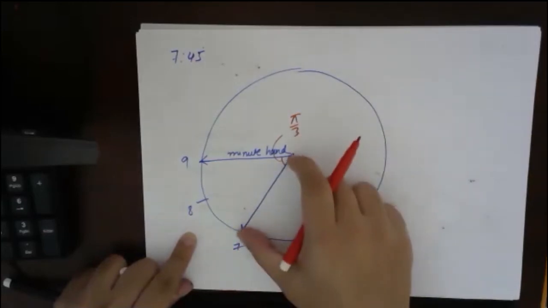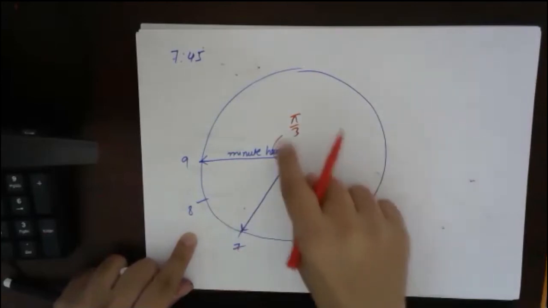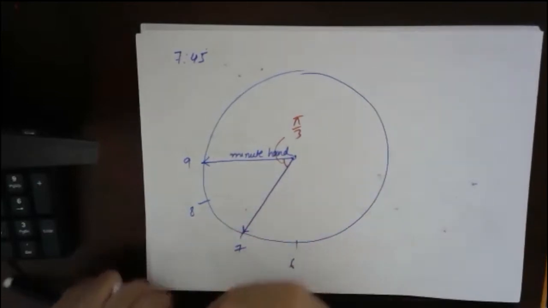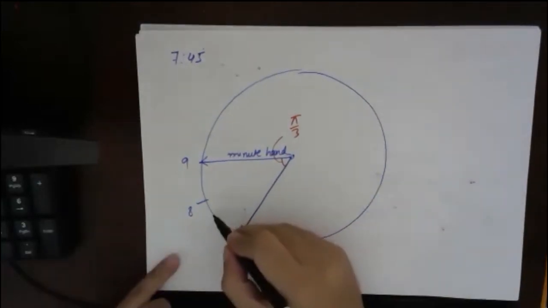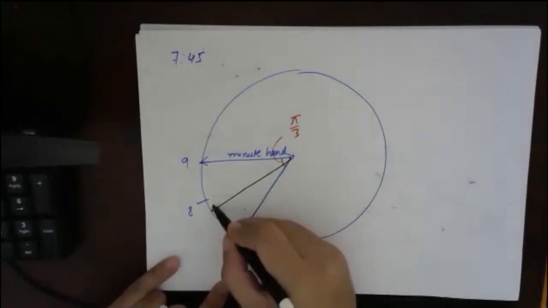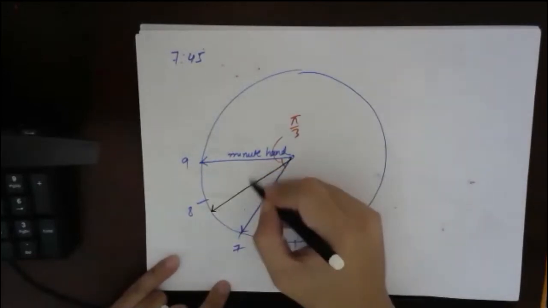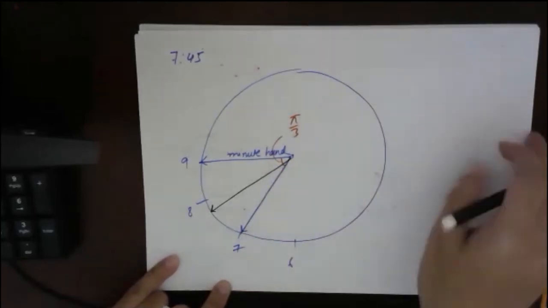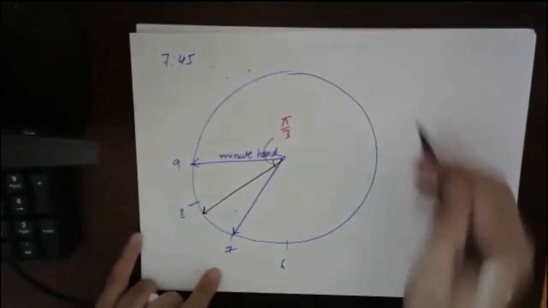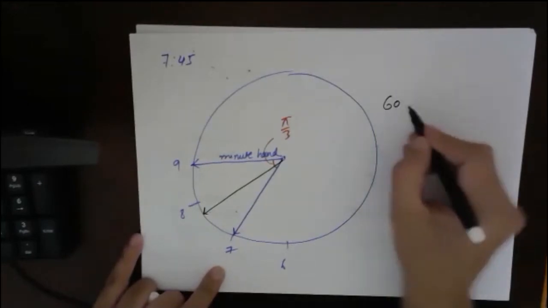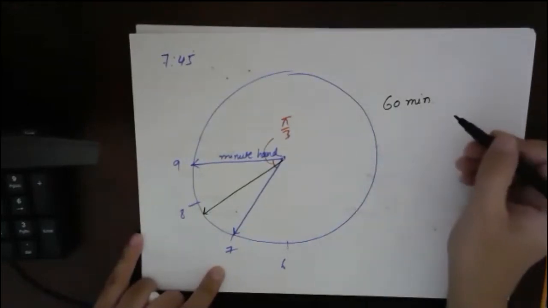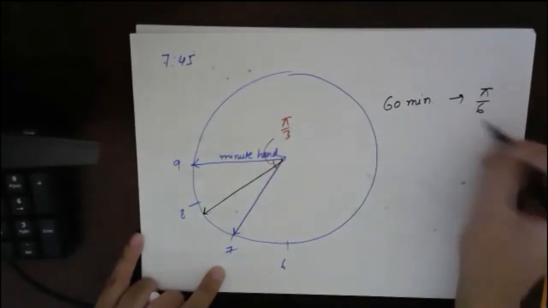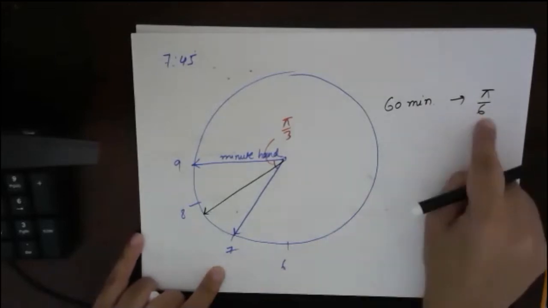Now our hour hand is moving for 45 minutes. So when the minute hand comes here, the hour hand would have also moved somewhere. Suppose our hour hand has moved up till here. So we have to find this angle, and then we can subtract. I'm trying to find it in radian. In 60 minutes, how much angle does the hour hand move? Pi by 6. This we have already found in the previous question.